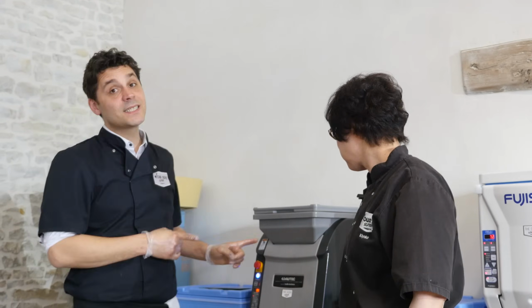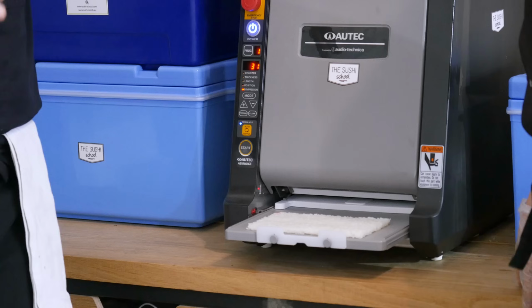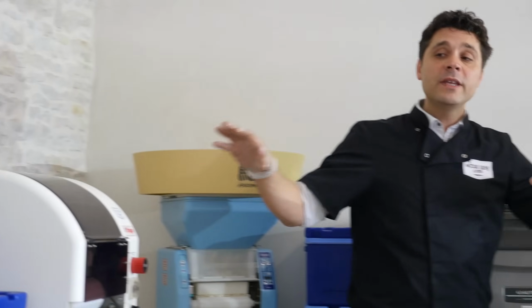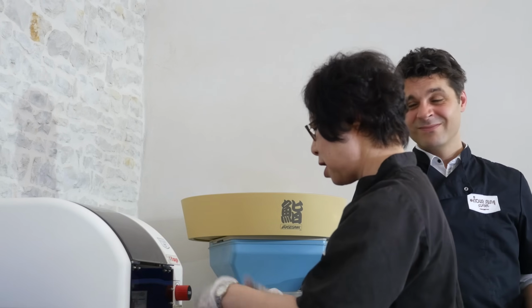It's the simplest task. This machine is a revolution. It's not all. What we really like about this machine is the fact that it's really, really hygienic. I mean, all the other Maki machines, you have to actually touch both buttons. So basically, you're standing here, minding this machine, you need to touch the ingredient, put it there, so your hand